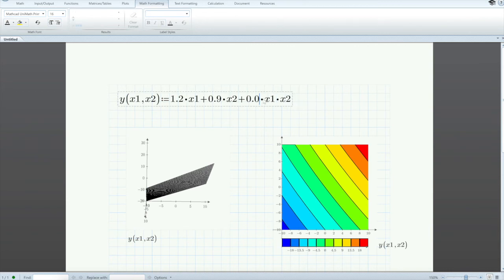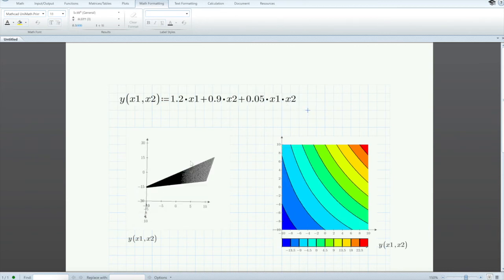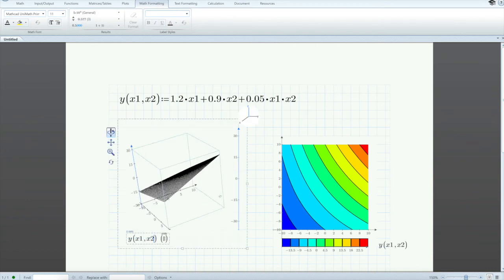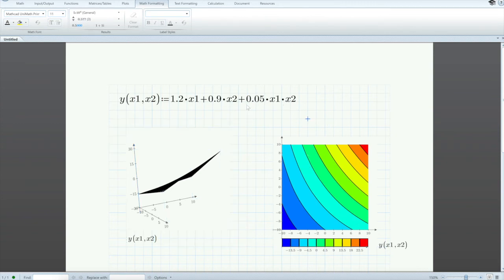Let's see what happens if beta 3 is even bigger. Oh, now we can see definitely a change in the surface. As you can see, there is even more torsion in the surface, and the lines now are no more straight. It is quite evident. This is the effect of the interaction term. And let's see what will happen as beta 3 gets even bigger and bigger. For example,